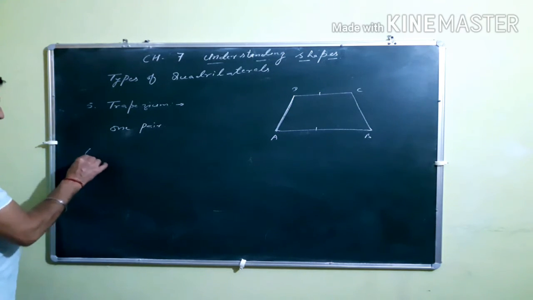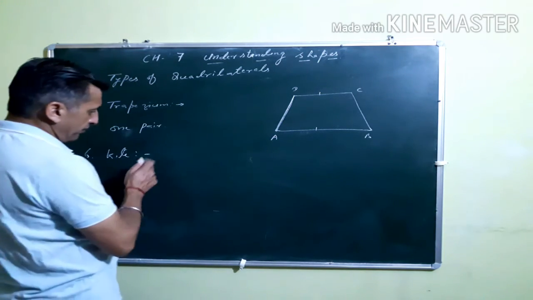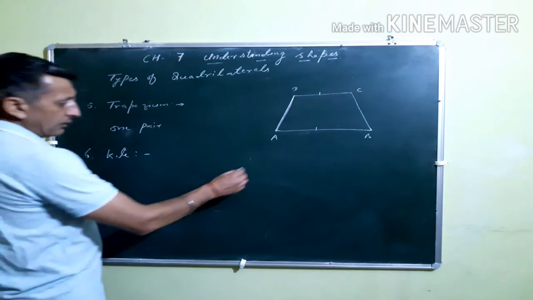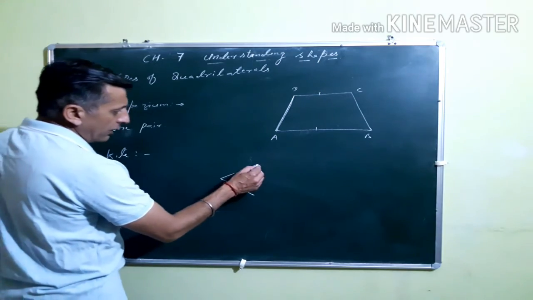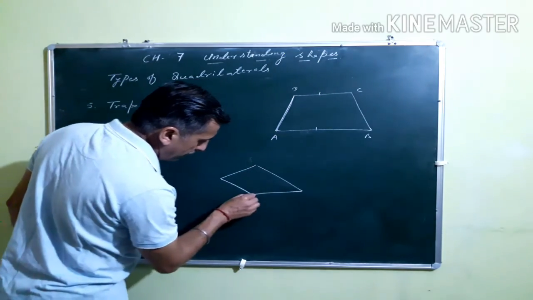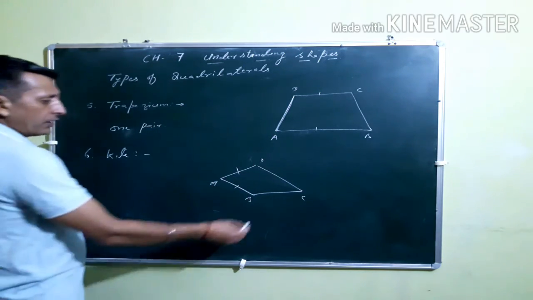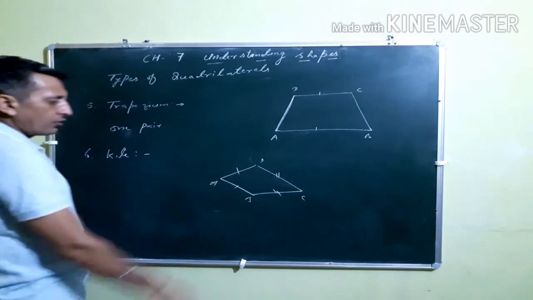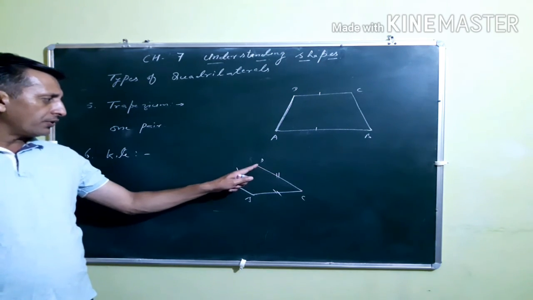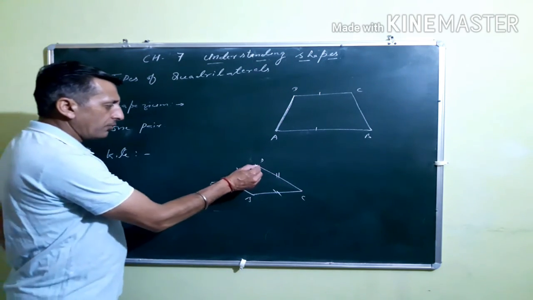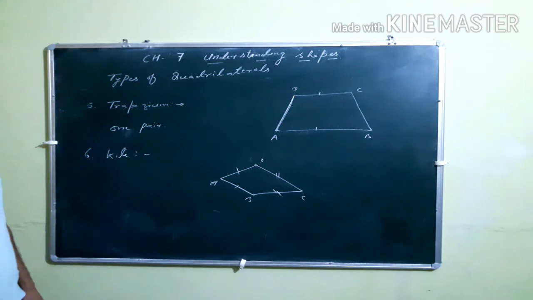Okay, and after this, the last one is your kite. I think everyone knows what a kite is. In this type of quadrilateral, these two sides are called adjacent sides. If these adjacent sides are equal in length, then that type of picture is called a kite. Suppose A, B, C and D, this and this are equal in length, then such a picture is called a kite. Here it's again a quadrilateral because its initial point and end point coincide, and it is a closed picture, so that's why it is called a quadrilateral.